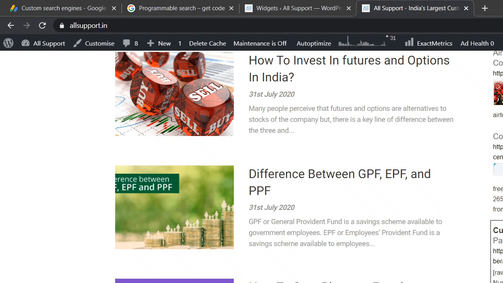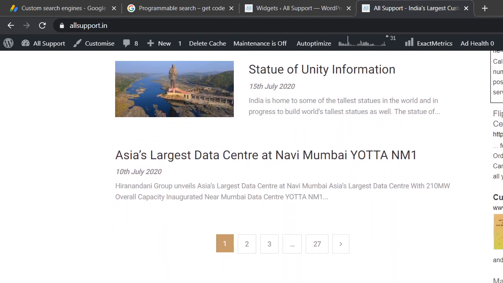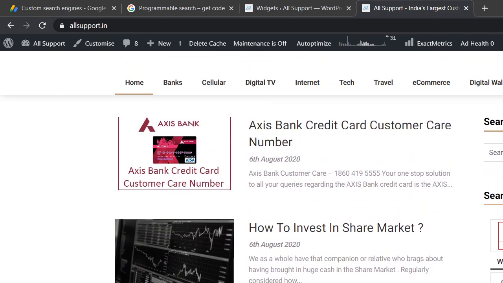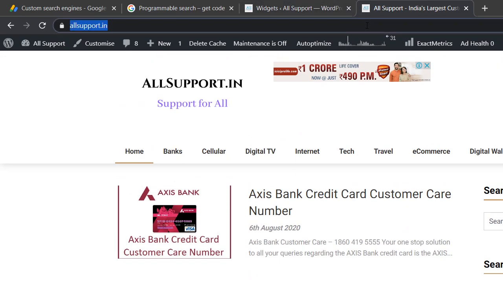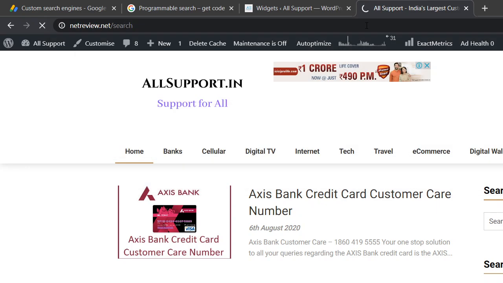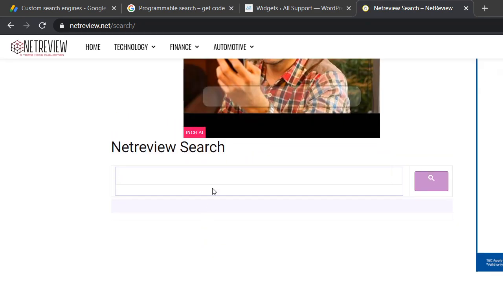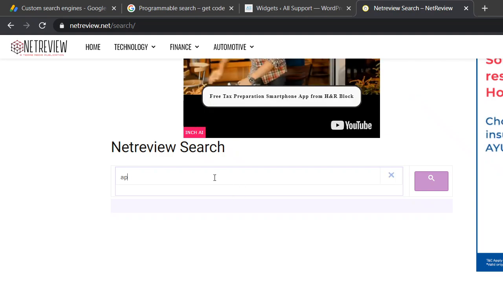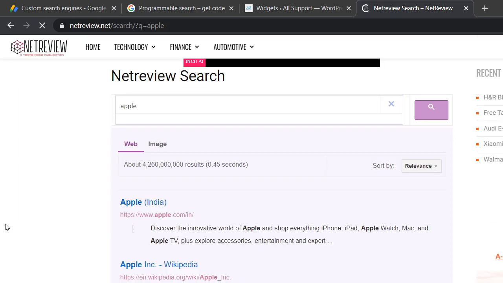We are seeing customer care number, share details, customer contact us, and all those results showing here. Overall, you can sort this out. Mostly the results are from the web, but I have implemented the same kind of code on one of my other sites, which is this one, and you can see that the results are showing up there as well. This is an advanced customization that I have done for it. Let me search for Apple and get the results right here.